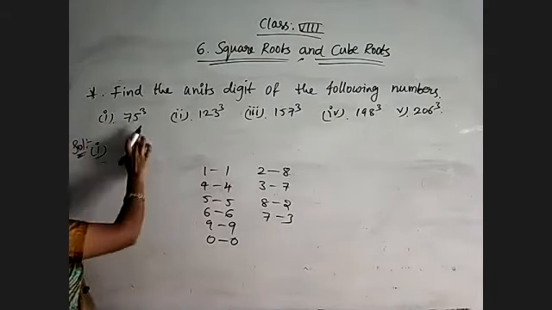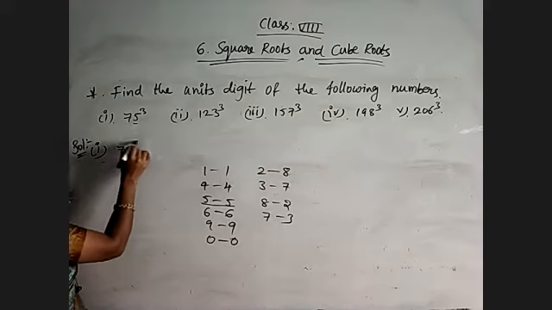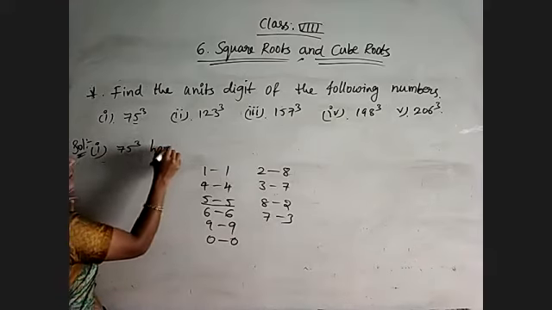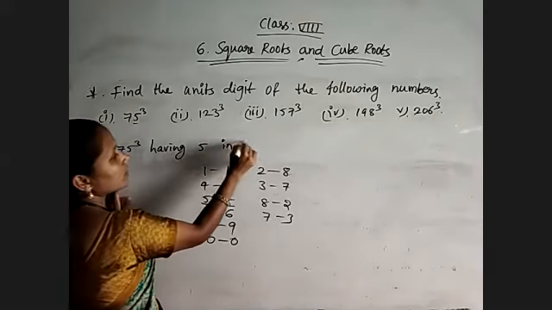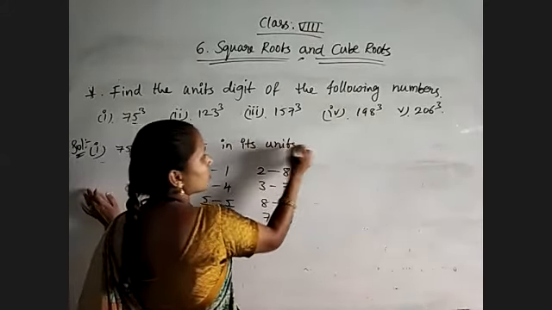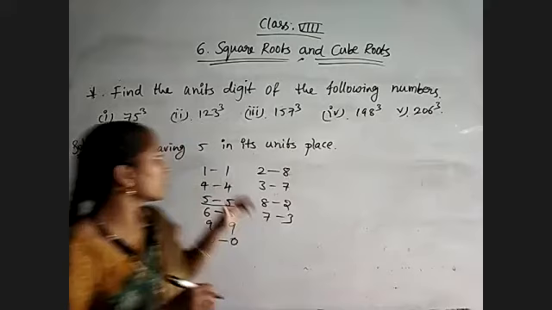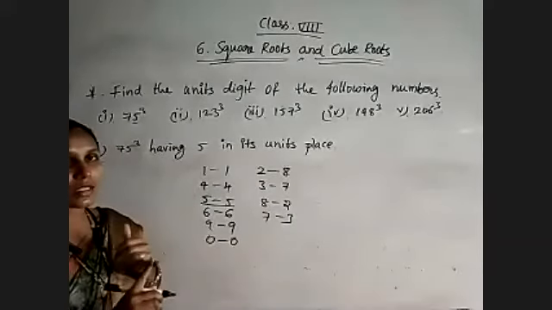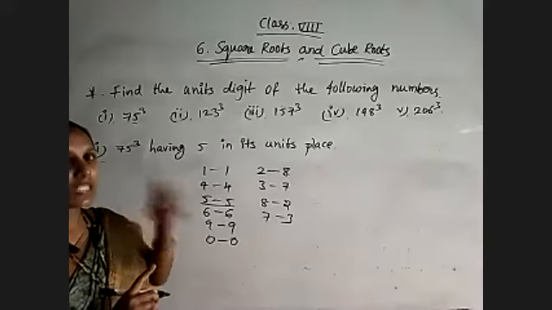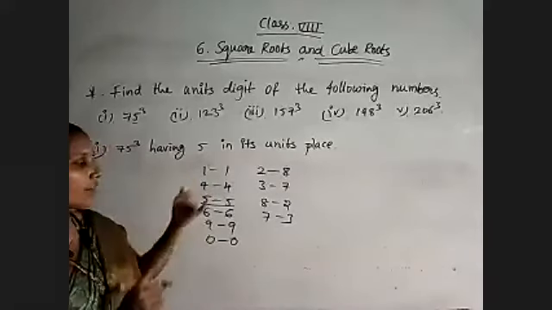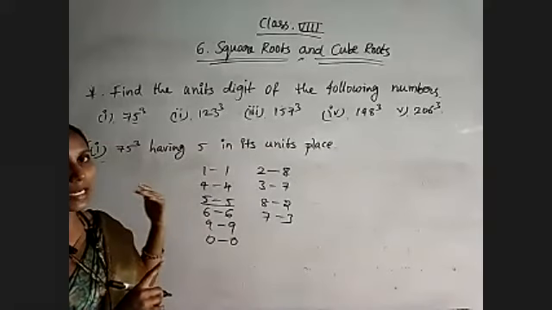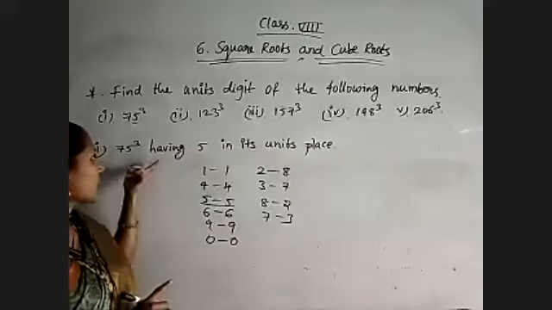So now observe, here the unit digit is 5. So for 5 we are getting cube value 5 only. Means 75 cube is having 5 in its unit place. Because it is having 5 in the unit place, it is an odd number. Its cube is an odd number. They did not ask, but sometimes they may ask also. So which type of number must we say? The numbers which are ending with 0, 2, 4, 6, 8, otherwise which are divisible by 2, those are even numbers, and which are having 1, 3, 5, 7, 9, all those are odd numbers. Yes or no? So here 5 is there, that's why it is an odd number.